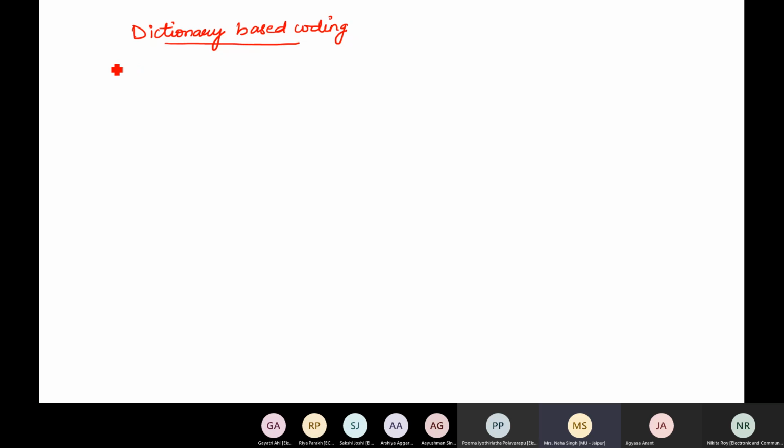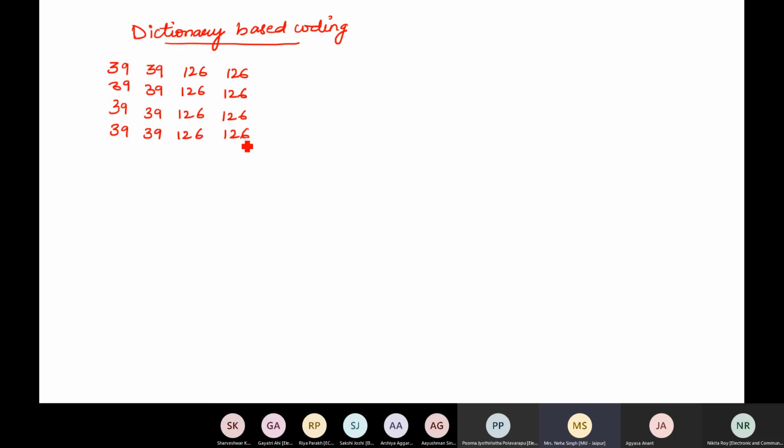For example, let's take up an image. This is a question, the example from Gonzalez Woods. You have this image which needs to be sent, a 4x4 image with just two values. Right? So here I will put my input, that is what I read. Here is my encoded output.